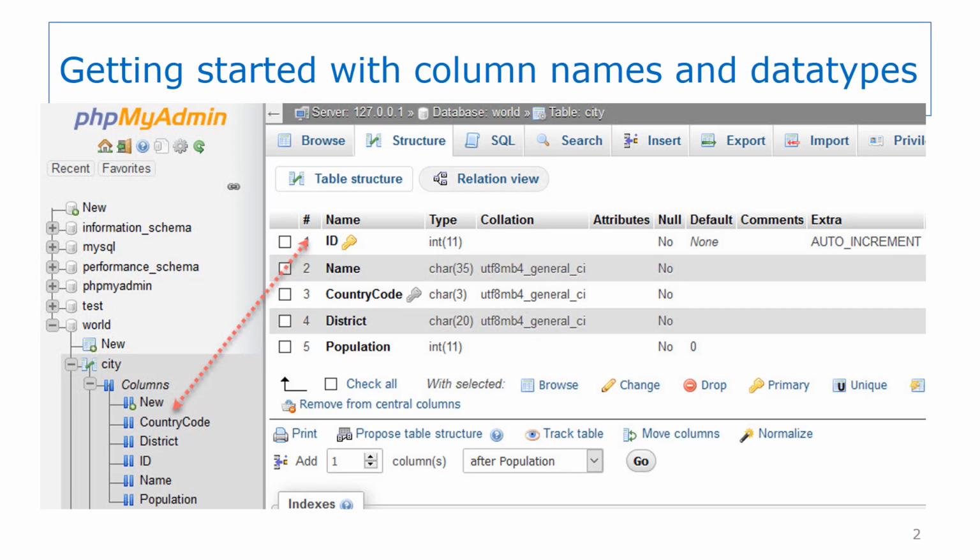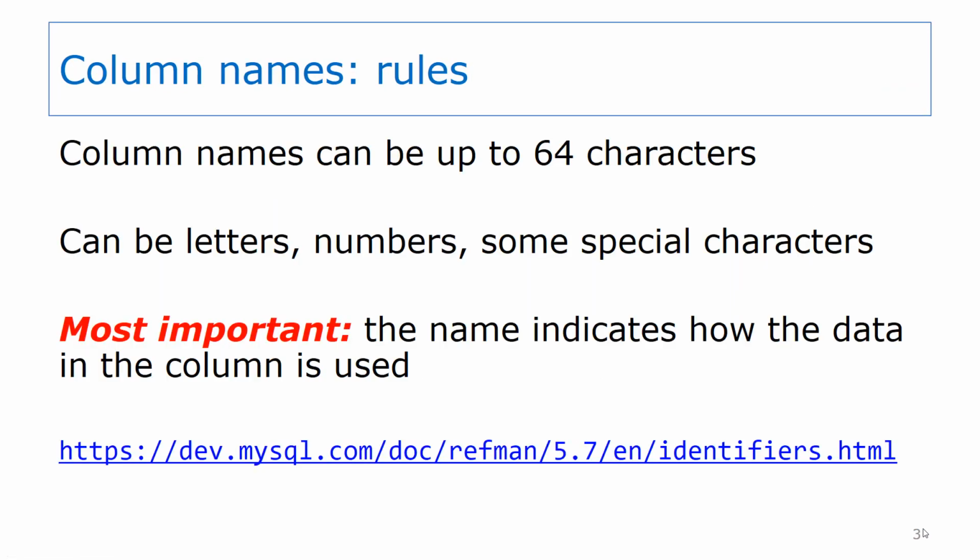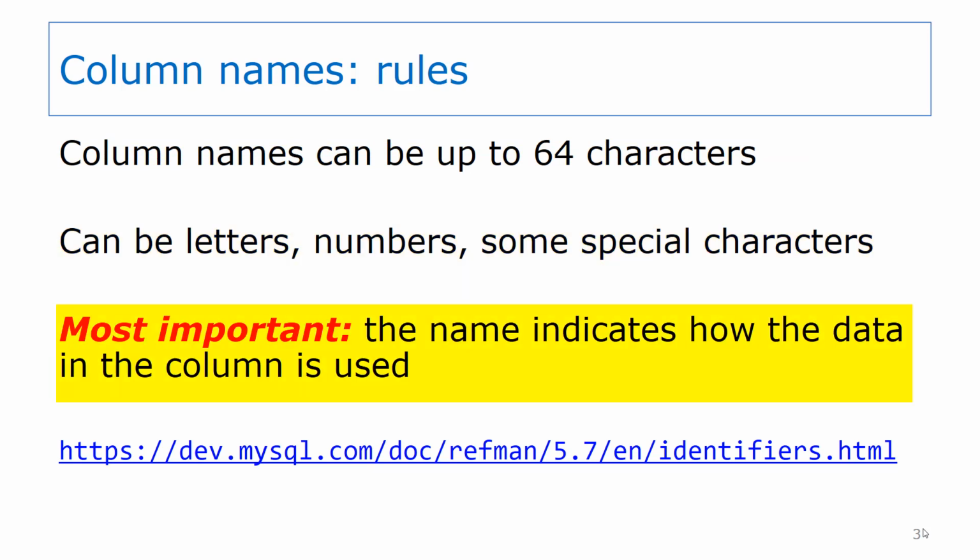with SQL. The rules for column names are the same as the rules for table names. We learned about those rules in the previous video. MySQL lets you use up to 64 characters in a column name. As with the table name, the characters that are allowed in a name depend upon if the name is quoted or not. The most important thing to keep in mind when you assign a column name is that the name